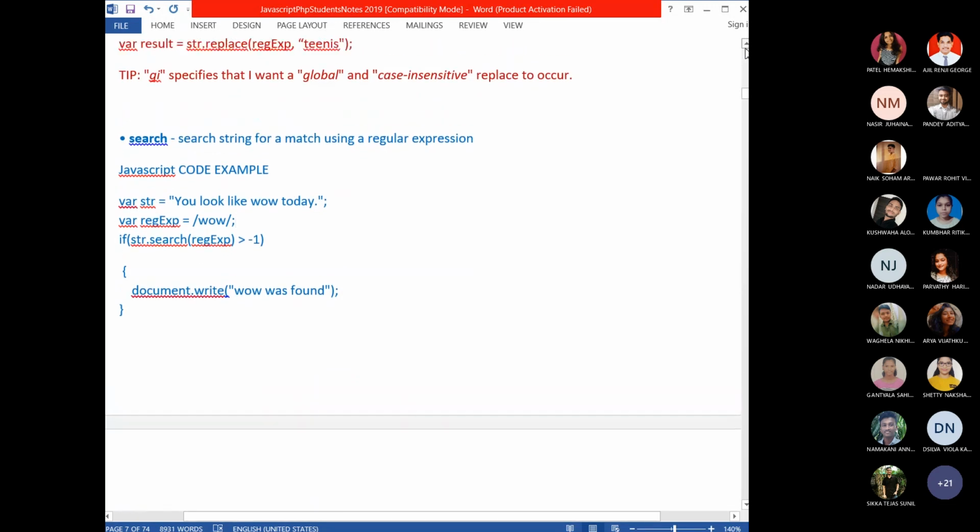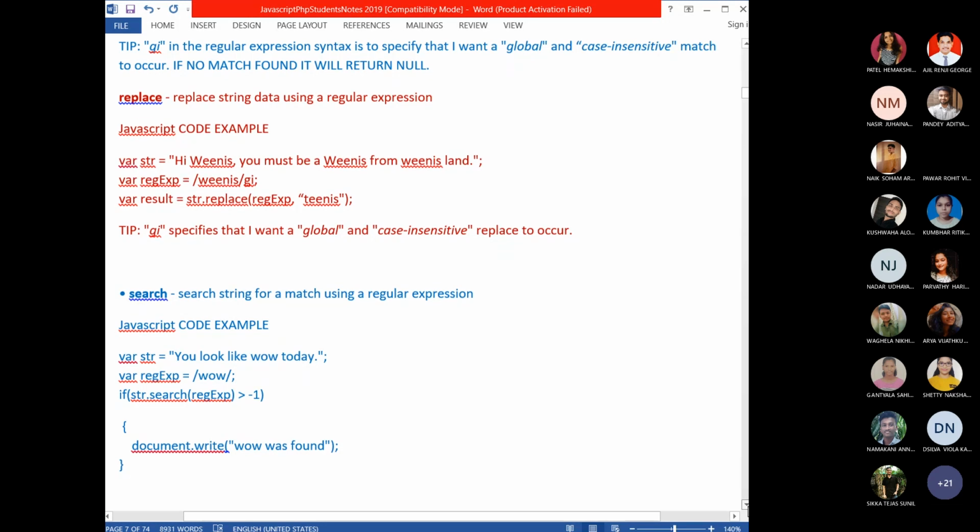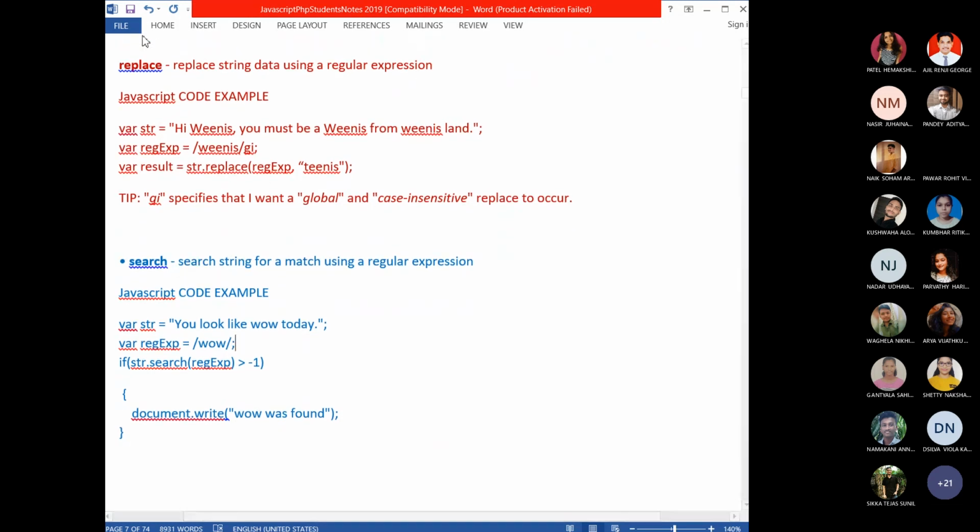The replace method will find the pattern-based matches in a string and replace them with the given string. So the return value of replace will be a string. Remember, the return value of the match method will be an array.